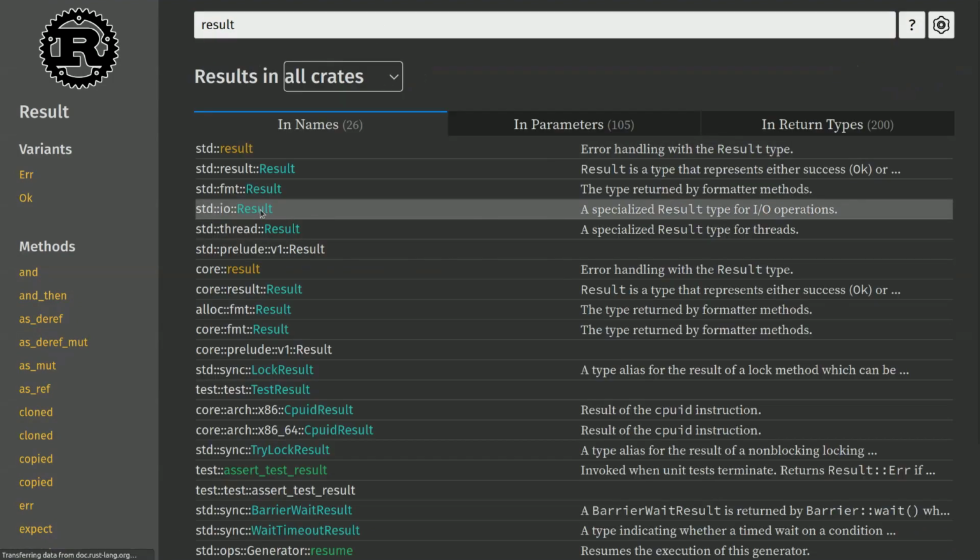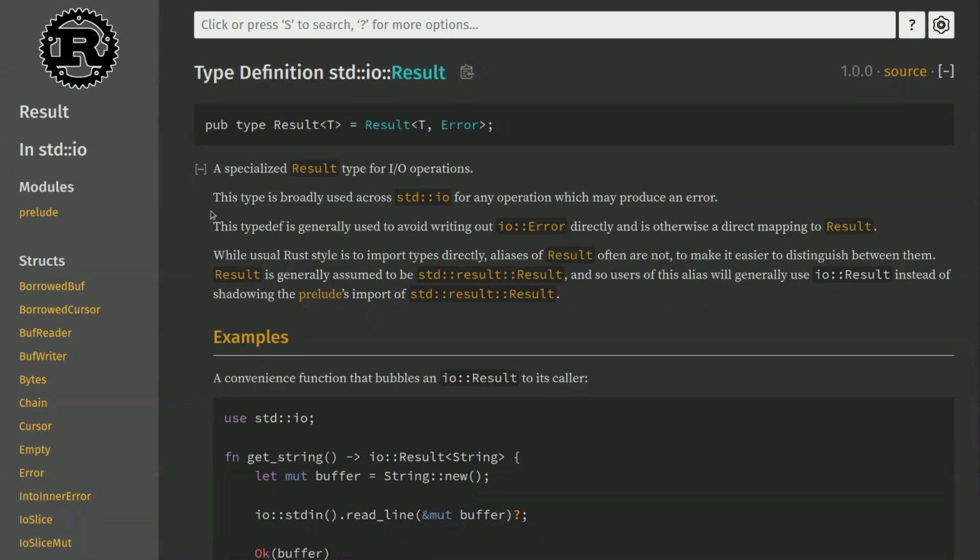The specialization that you've probably seen the most is std::io::Result. What is happening with these? Well, the first thing to note is that every module is redefining result to simplify the use of that type in the context of the module itself. The specialization exists because the module also provides its own custom error type. So you shrink down the number of type parameters.